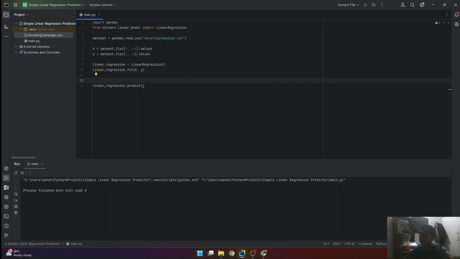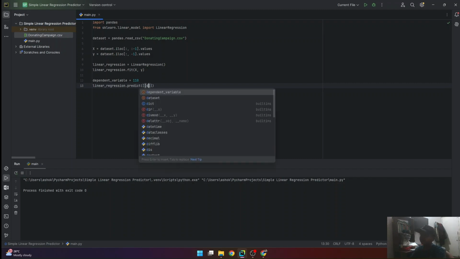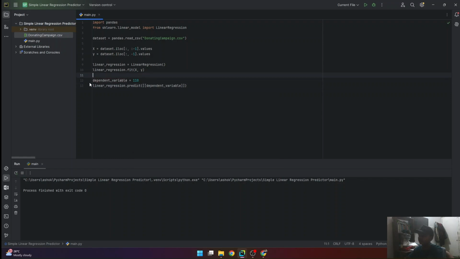We can say the dependent variable is equal to the number of days. For example, let's say it's been running for 110 days. We're going to make a 2D array like this with 2 lists inside the dependent variable.